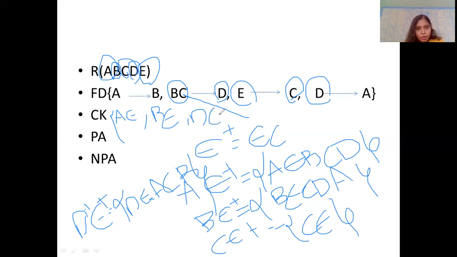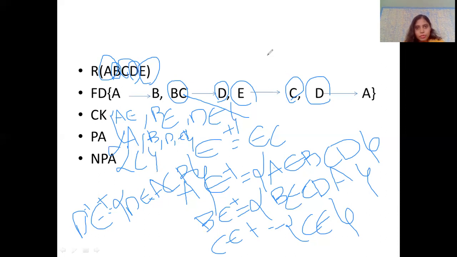So these are the candidate keys that I have got: AE, BE, and DE. My prime attributes will be the attributes that are helping to form the candidate key. So here, A, B, D, E will be my prime attributes, since A is helping in this candidate key, E is helping here, B and D. So these are my prime attributes. Now I have to check for the non-prime attributes. Here, only C is not present in the candidate key list. The attributes that are not helping to form the candidate key will be my non-prime attributes. Since C is the only attribute remaining, I'll write that in my non-prime attributes list.